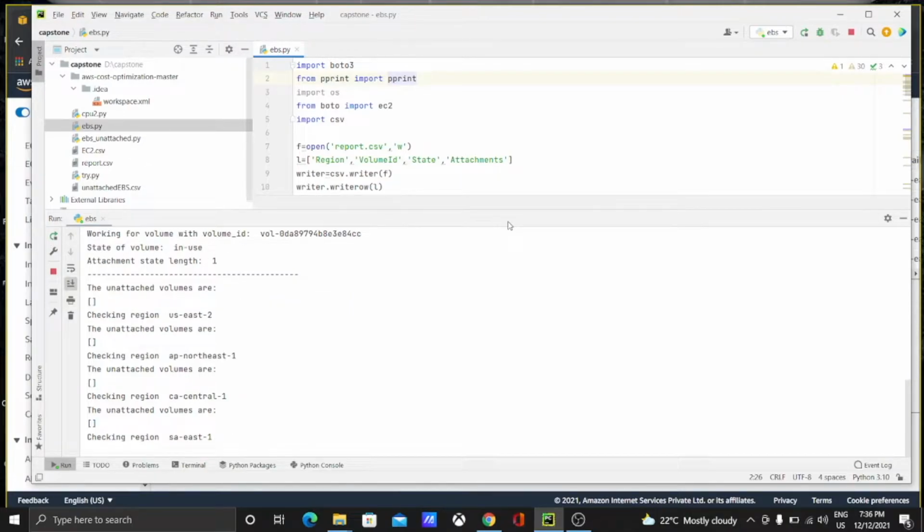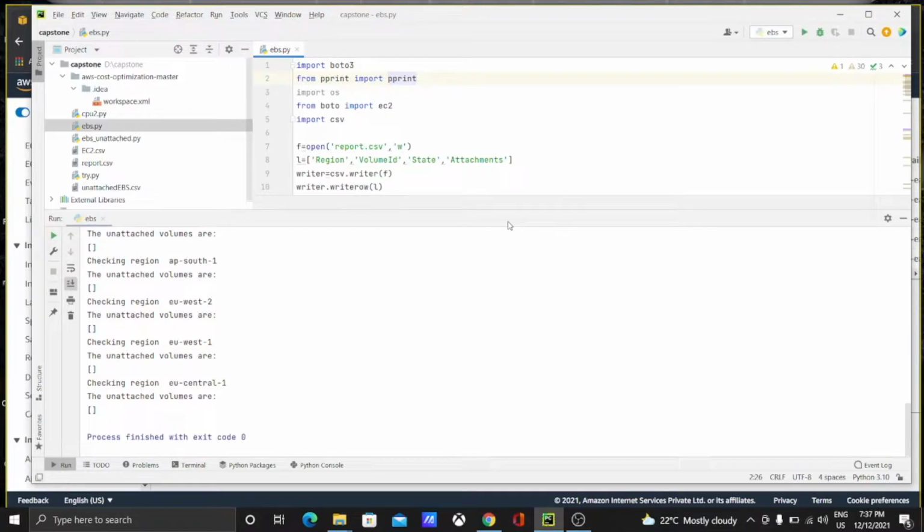each EBS volume in it with its volume ID, its state, if it is in use or just available, and also the number of attachments it has. If the attachment is 0 and the state of it is available, it means that the volume is not attached to any of the EC2 instances. Hence, that particular volume has to be deleted, but a snapshot should be taken before deleting it